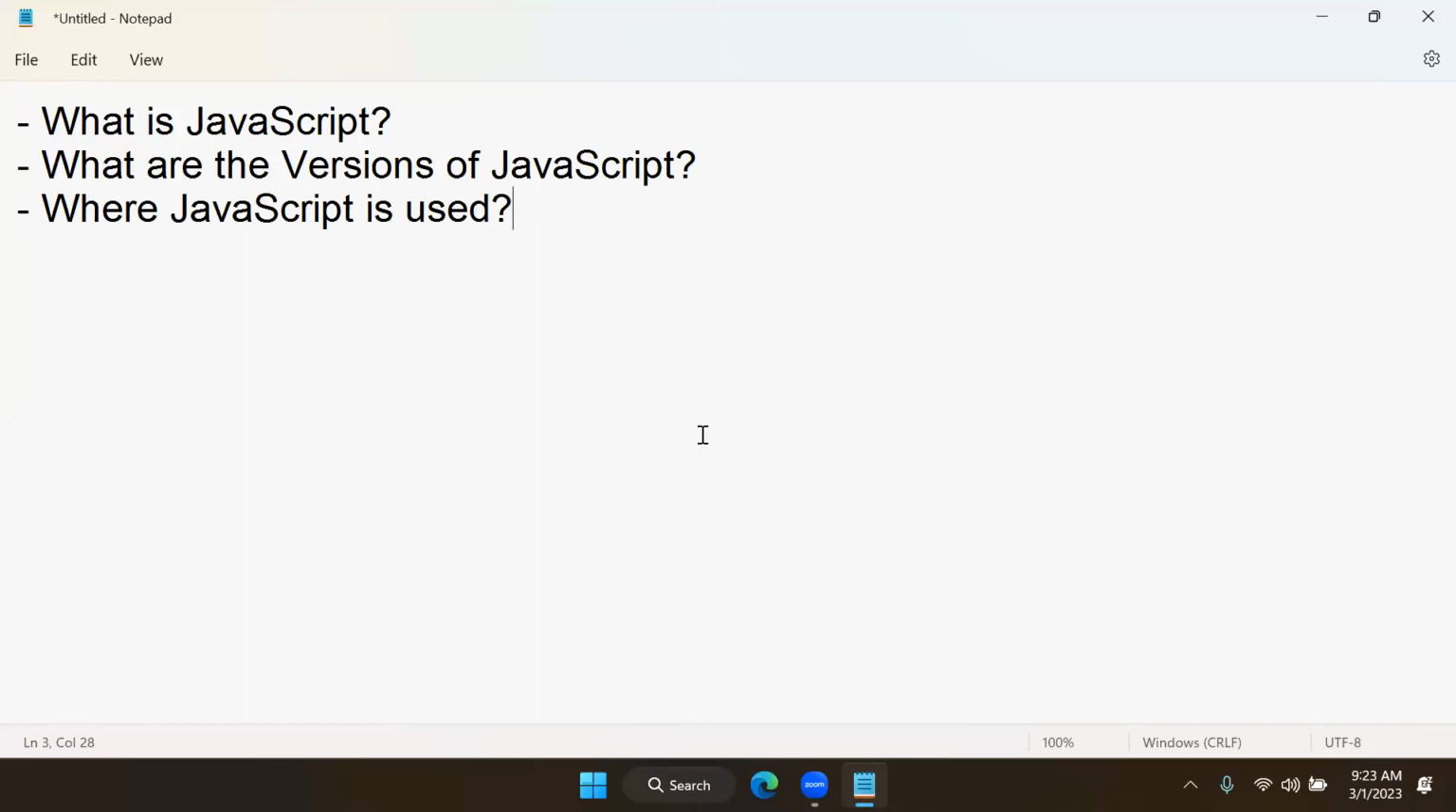JavaScript has two types of compiling techniques. What are those? One is JIT, another one is AOT. JIT is just in time, and AOT is ahead of time. What is the difference? Remember,